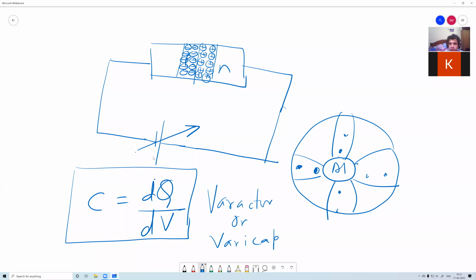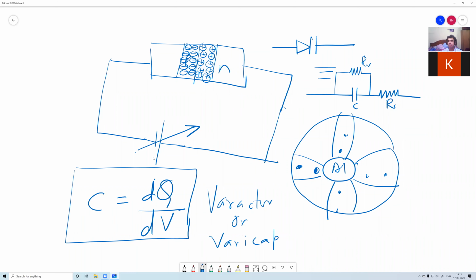So for the varactor diode, the symbol is like this, and this is equivalent to a capacitor C in series with a resistor RS, and there is another resistor, RR, which is very large and can be ignored. So this is all about the varactor diode, at least for this level. Varactor diodes are designed specifically to utilize this change of capacitance with the change of reverse bias voltage.